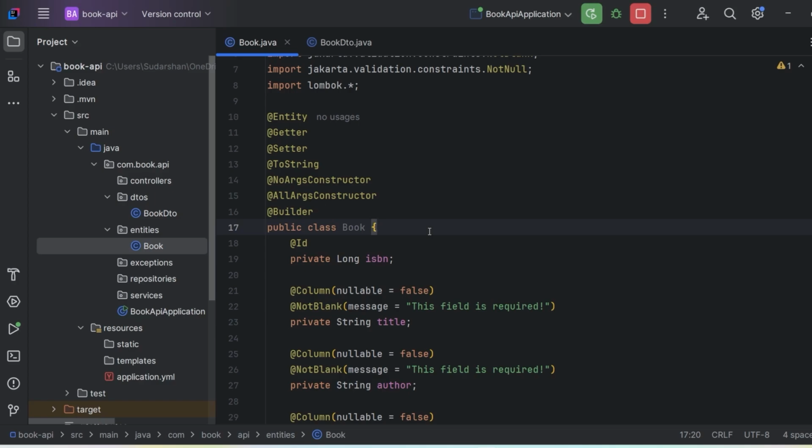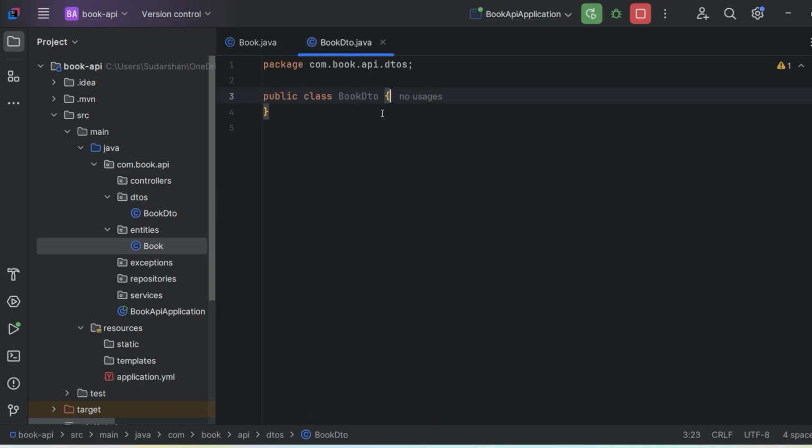Okay, and that's why we use the book DTO object, right? Also, when we are working on a very complex project, there are lots of one to many or many to many relationships between the tables. In that case, while fetching the data, there is some kind of issue with regard to serialization, and the fetching is done recursively, infinitely. So to avoid that kind of scenario also, we use the DTO objects,